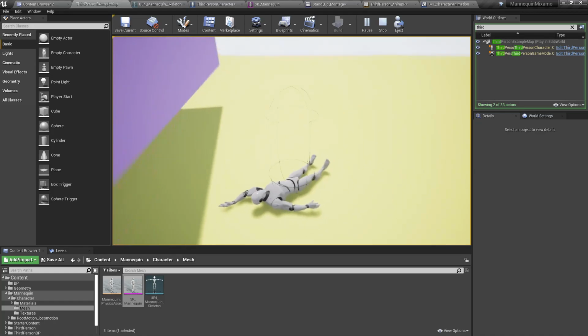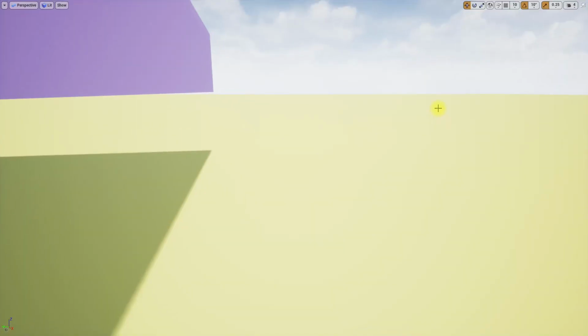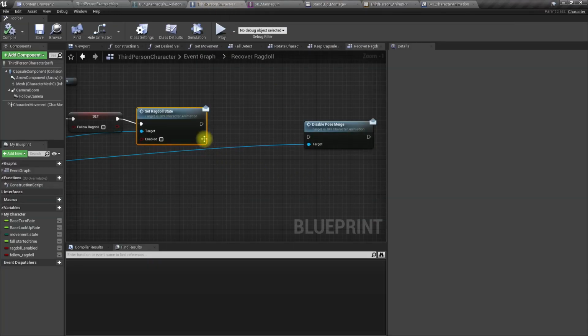Okay, character is staying in that final pose, right? That much is correct. So let's add a delay here,